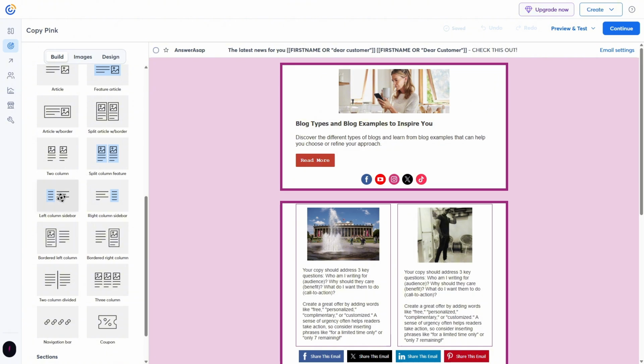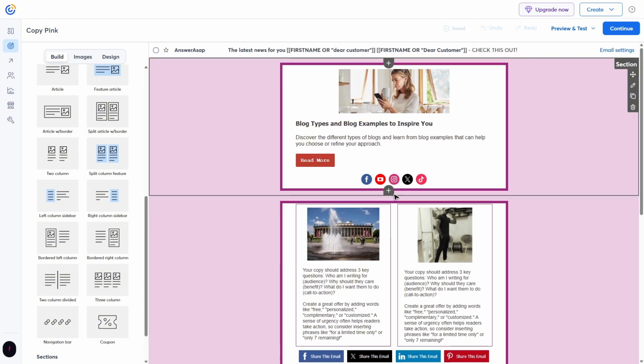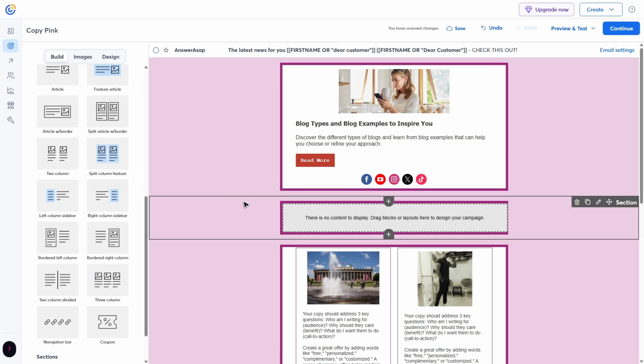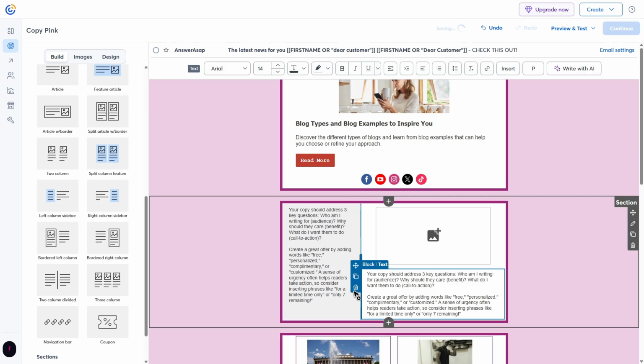Now, first up, the left column. For example, I wanted to add in more section right here, and then I'm going to drag a left column. So this will be your left column sidebar. If you want to delete these contents, you can go ahead and do so. For example, delete,